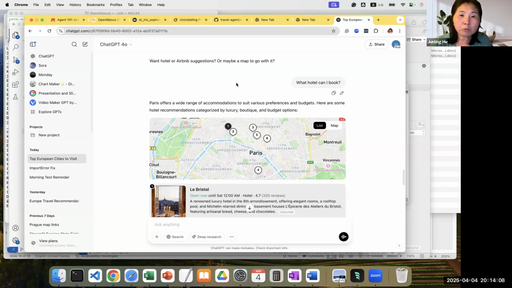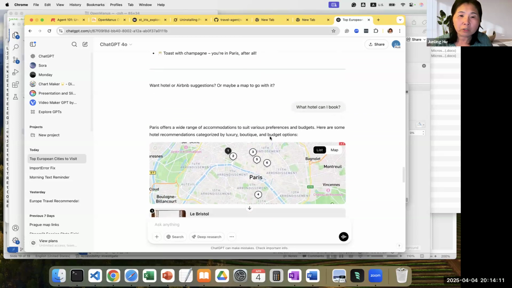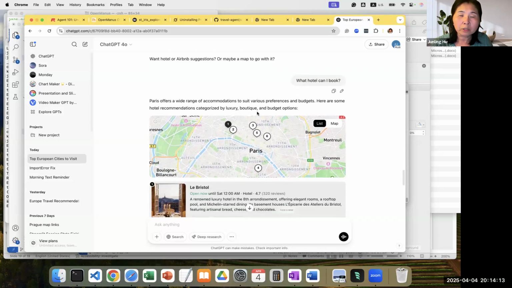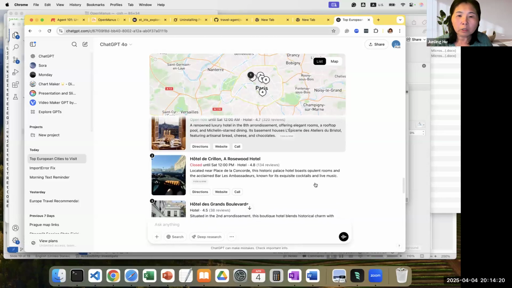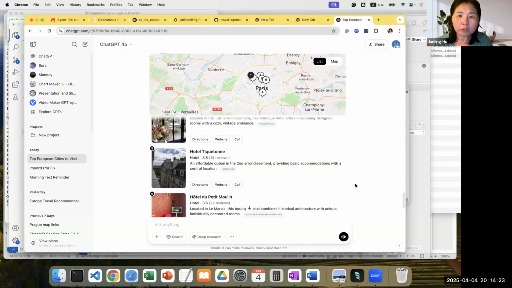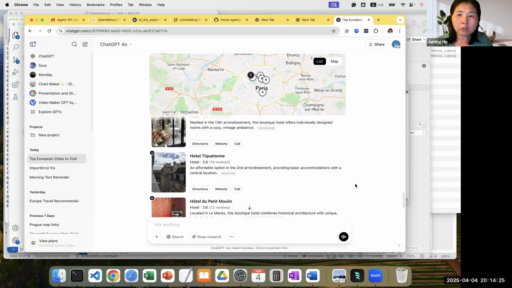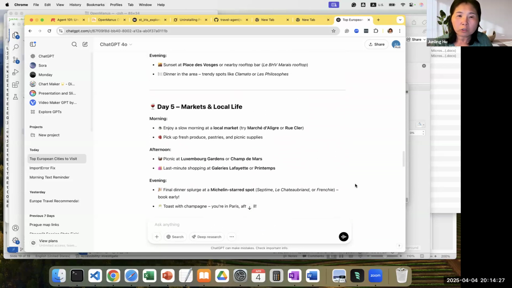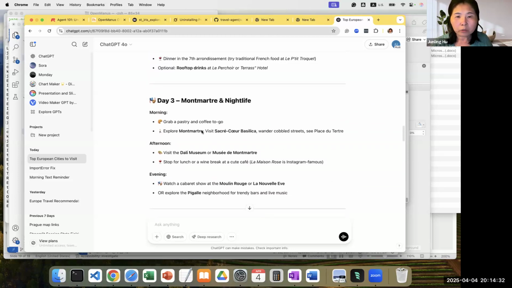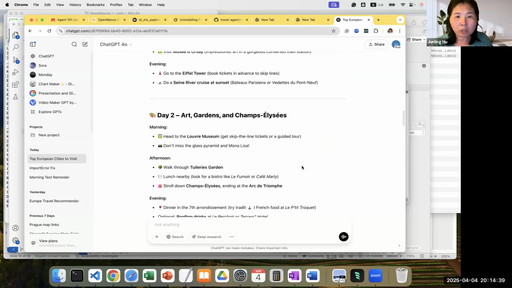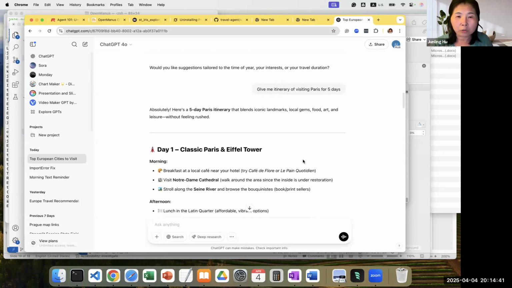So as you can see, I'm trying to show you how much function is already built into the current large language models. They have maps, they have hotel booking. Essentially, they are moving toward the agent now. But the usability is still not as good as the agent because it's less personal. This is nice, it's okay, but it's still not as interactive as it should be.